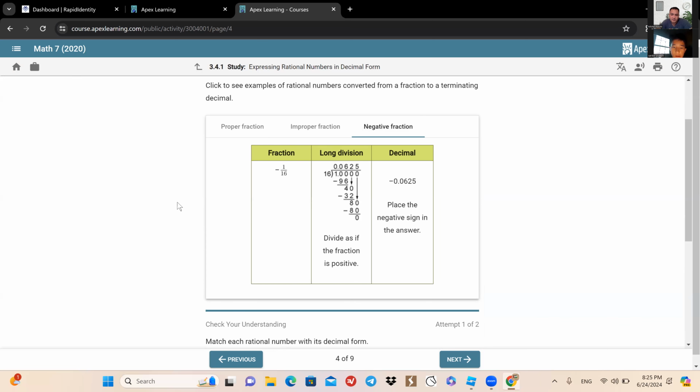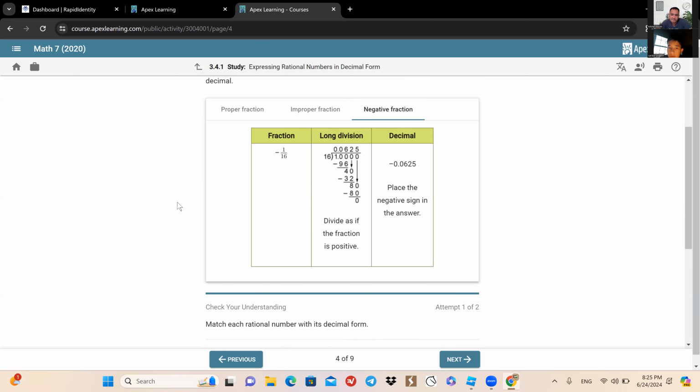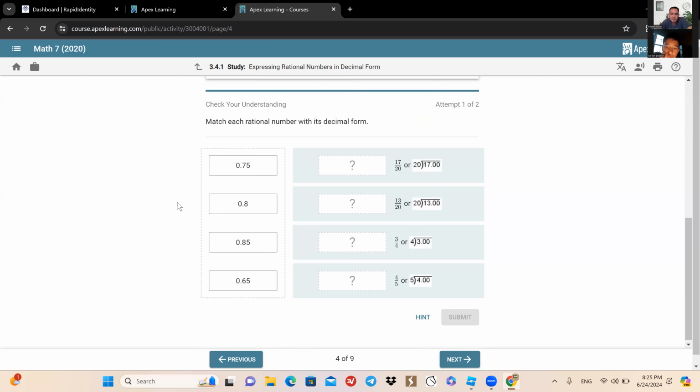5/5, is it an improper fraction or a proper fraction? Improper fraction, because if the numerator is greater than or equal to the denominator, then it is an improper fraction. These are important names. You're going to use this a lot in the future. Okay, read the question.